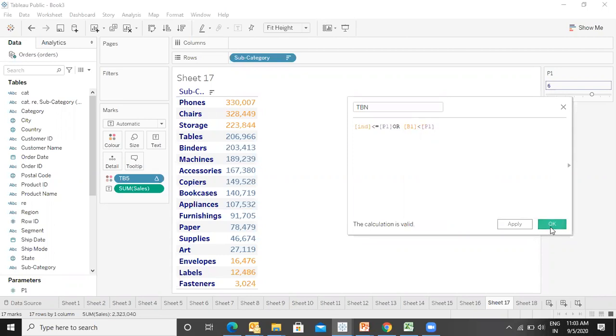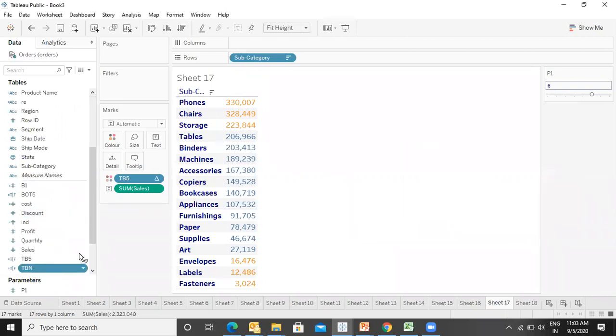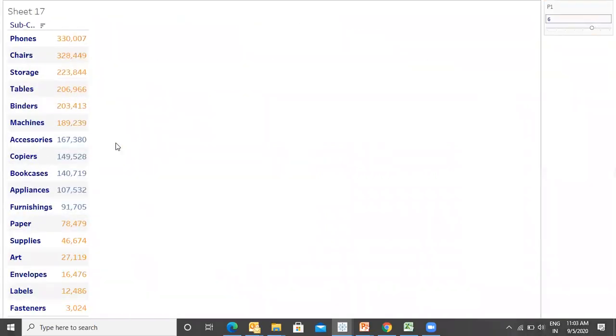Say okay. Now you put TBN in the color and see what happens. This is now dynamic. It becomes a conditional formatting. Good, right? Yes.